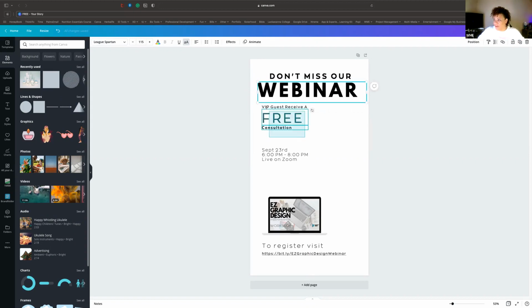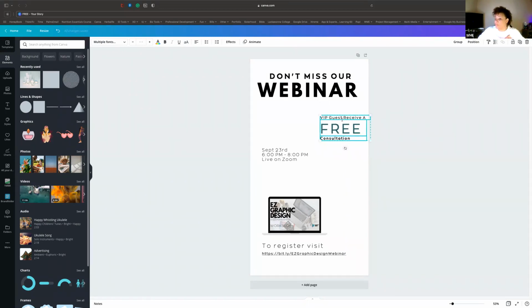Now this section right here, this is an entire section by itself. So I would actually move this, because remember we talked about things that we want in proximity, but we want to also make sure that it stands out, but it's not as like, this is very, very, very important. You got to know this right now. The first thing I would want them to understand more than anything is the time and date. So here's the time and here's the date.